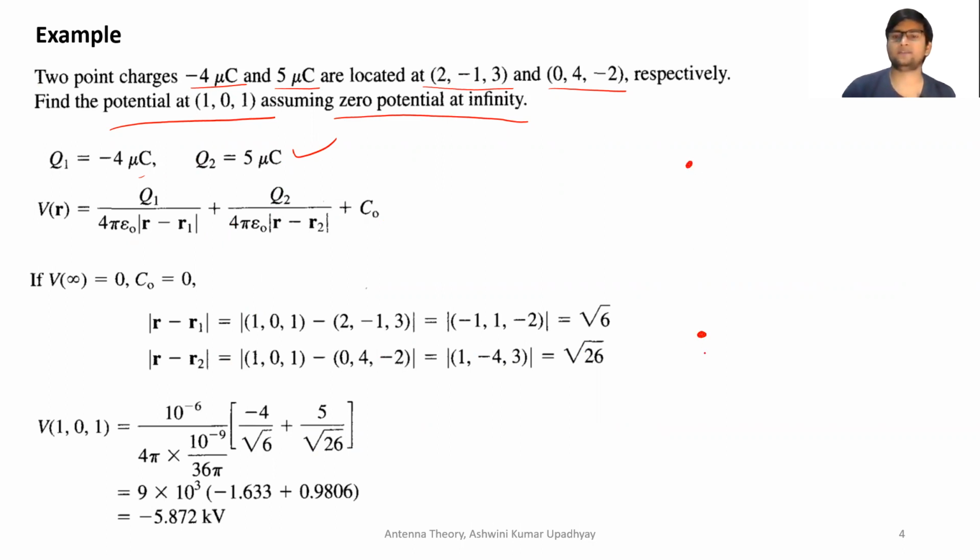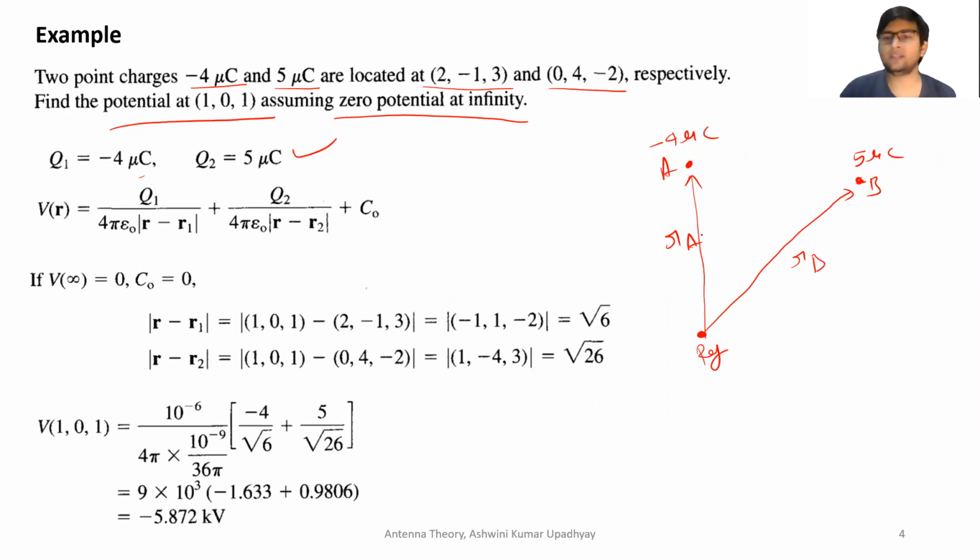if your reference point is, suppose, somewhere here, let me call it ref, and then there are two charges. One charge is -4 microcoulomb, the other is 5 microcoulomb, and there is some vector, let me call this point a, this point b, this is ra, this is rb. So what will ra be? You have to find the voltage at some other point, which is suppose given by this point p, right? And let me connect this point and call it r, right?